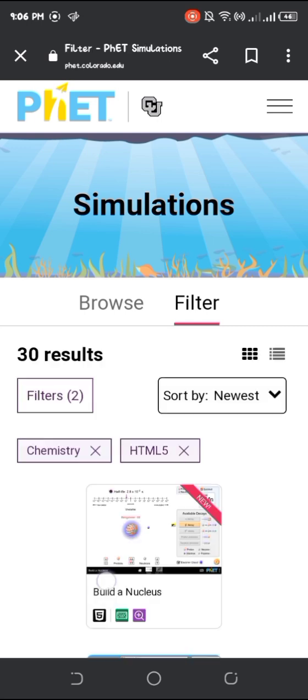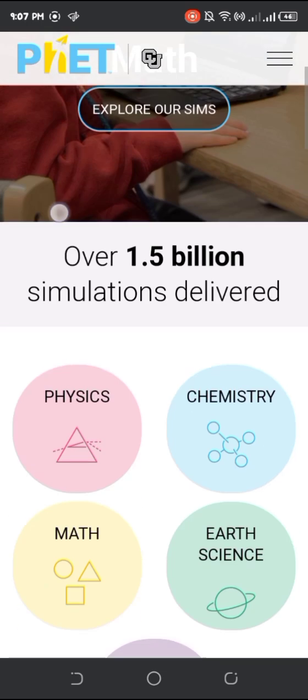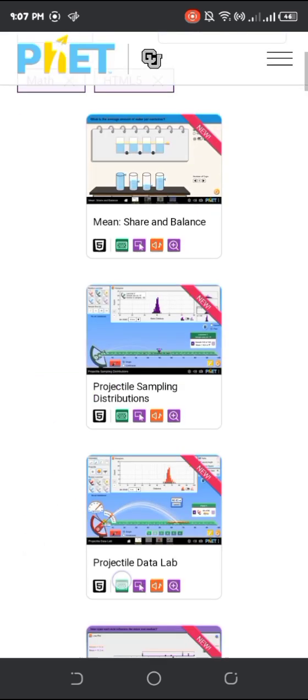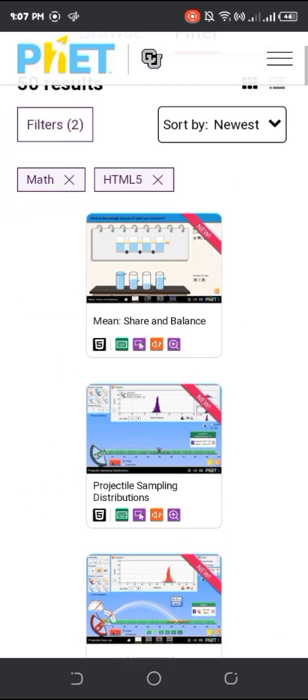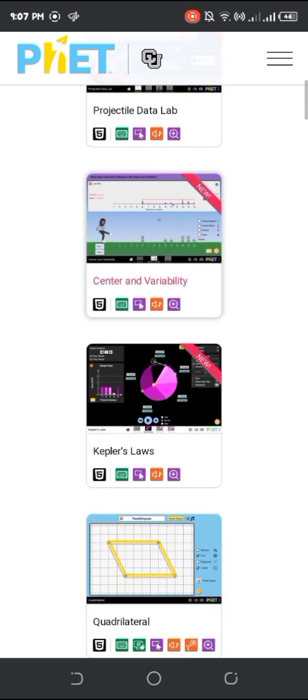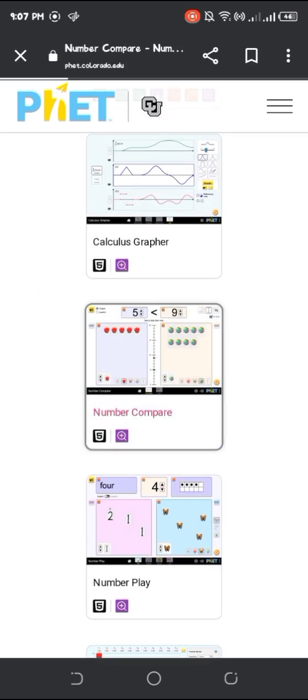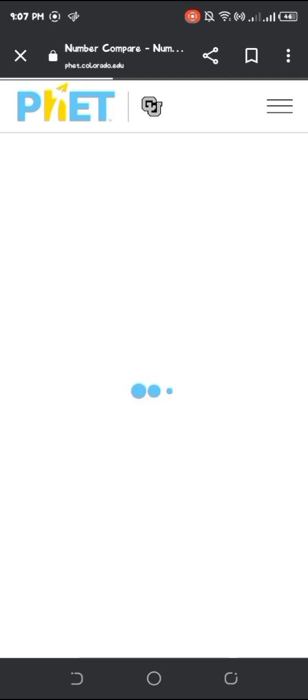Then let's proceed to the math subject, the math that has a simulation. Here is the math. This one has so many choices that you can make. Let's choose this one, Number Compare. Let's click.